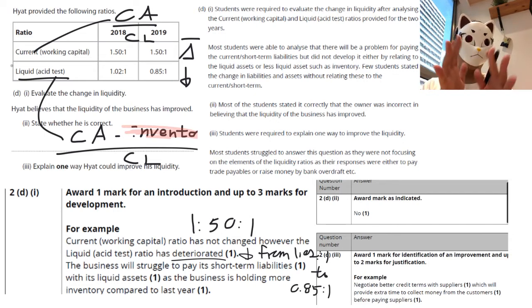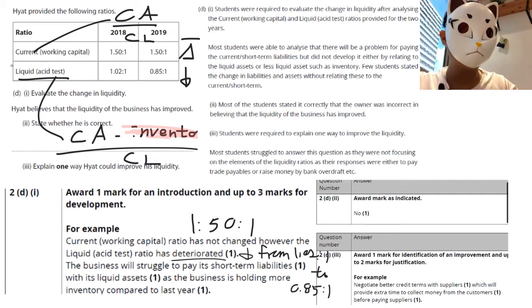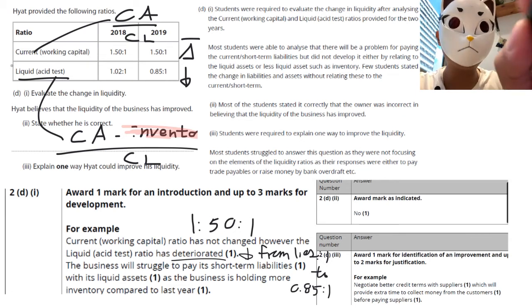So right now we have to explain the disadvantages or drawbacks of the deterioration of the liquid ratio. So this one, in other words, is the effects